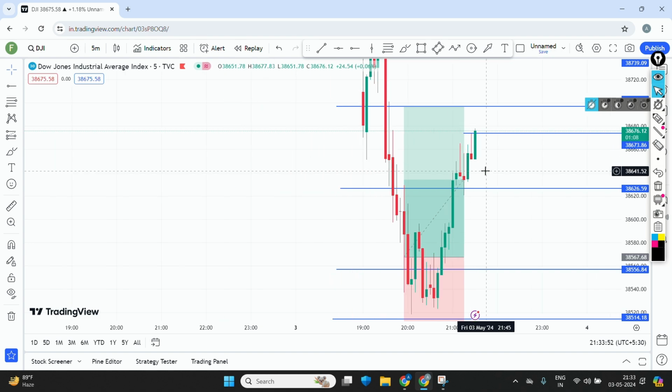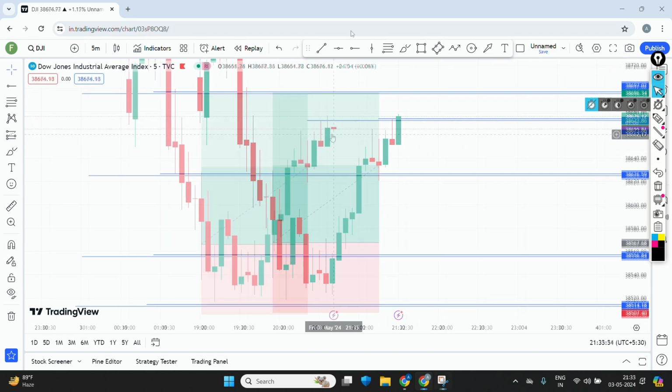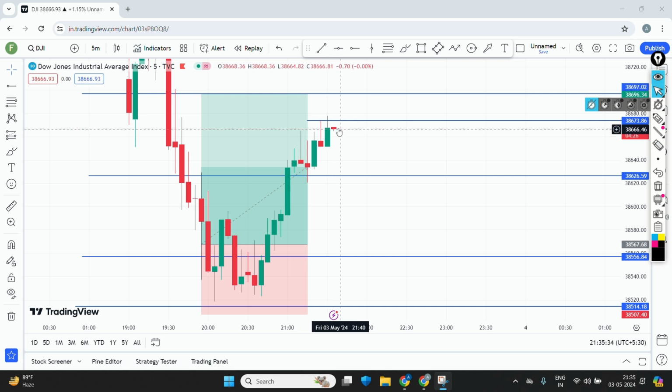Okay, just see what the market will do. In this situation, if the market is creating a red candle, if it is coming downside, it will make itself a hammer candle. Just mark my point, the market will create a hammer candle and break this level. At least the market will make this candle a hammer candle, and it can make 2 to 3 candles and consolidate over this zone, and then break this level. Let's see, the market is making a hammer candle pattern, and it is about to break this level.